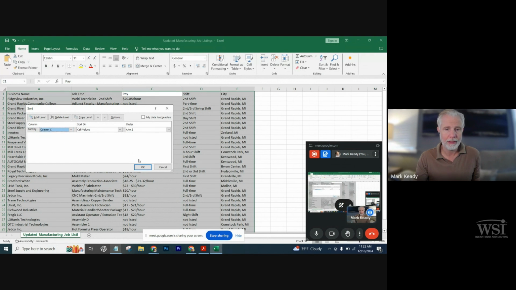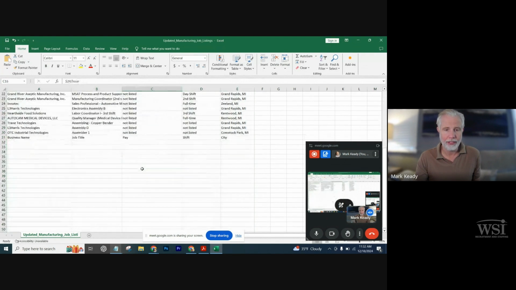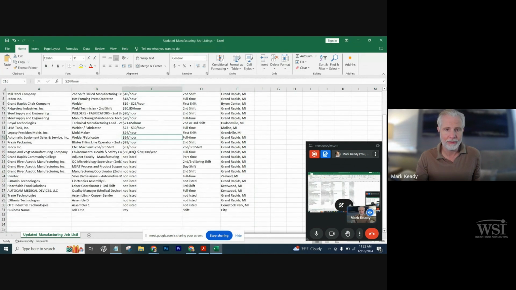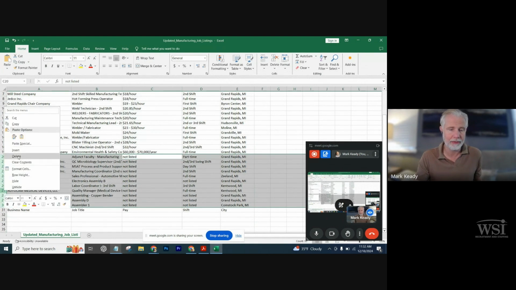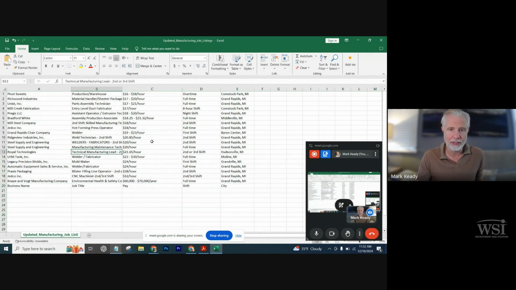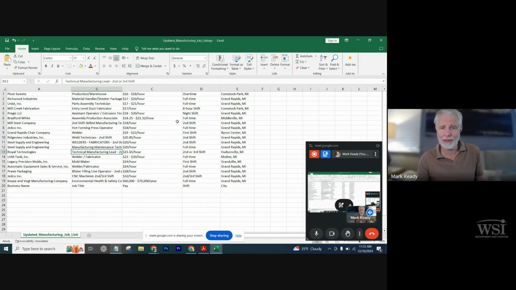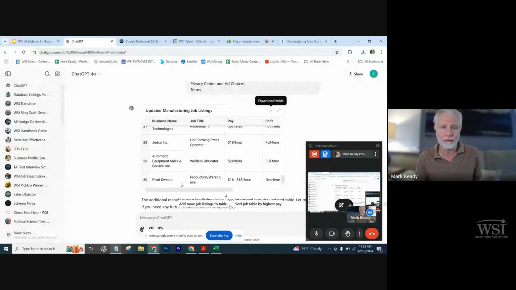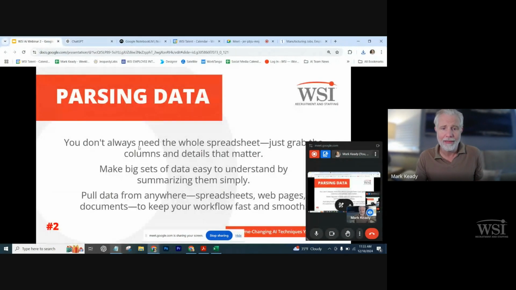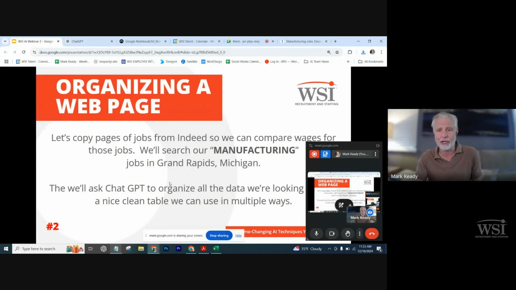We could sort by C, find the jobs that aren't listed, see how we see all those? Those are the ones that aren't listed, so we could take those out if we wanted to and say, okay, we don't know what those jobs are. But now we see, hey, here's some jobs and what they pay an hour, just parsed information from a web page. This all came off of Indeed, but now we've taken all that information and turned it into usable data that we can use for a variety of purposes. So that is our parsing data demonstration. That was fun.